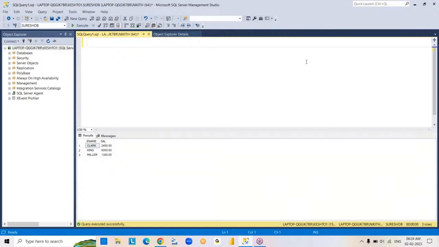Right. So now, at the time of connecting to Management Studio, we have to provide some credentials also. Credentials mean